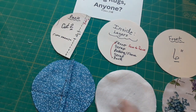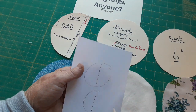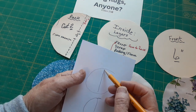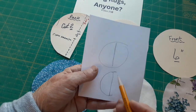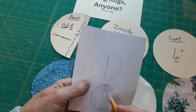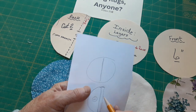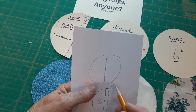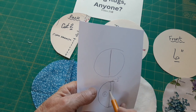And what I did with the back is I took and made a circle with my template. That's kind of wonky itself. And then I cut it in half. And I laid it down and I said, I want to add a 1/2 of an inch across here. And I'm making two, once I get my template made, this is going a 1/2 of an inch instead of a 1/4 of an inch. And then I found that I made my opening in the back,